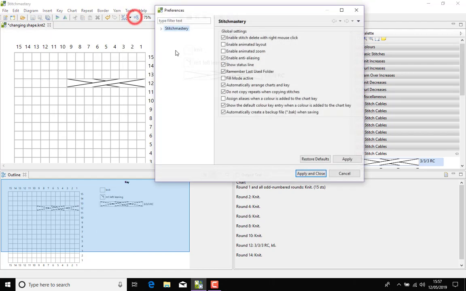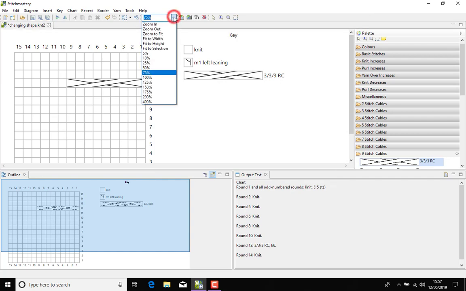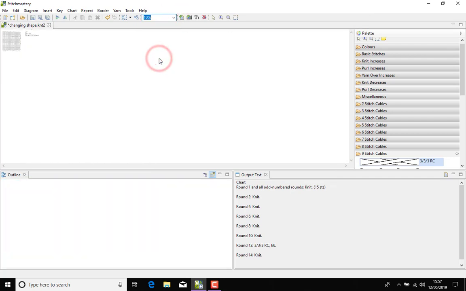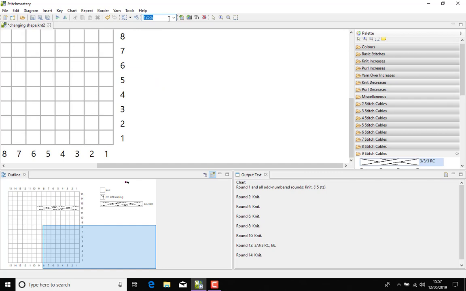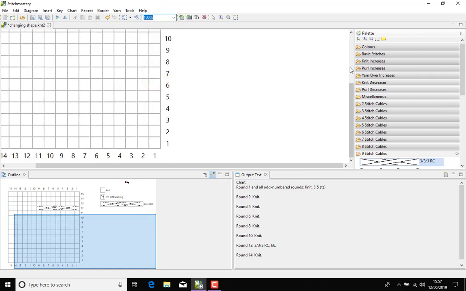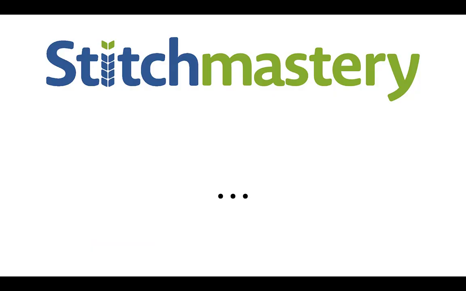So if we go back and turn those options on, then try zooming down to 10, you see a bit of an animated change in size, and again bringing it back, there's some animation there. It's not something you would pay to go and watch in the cinema, but there's a little bit of change.